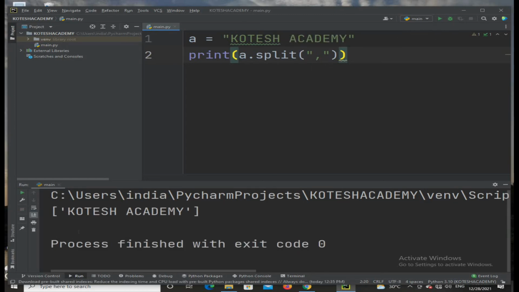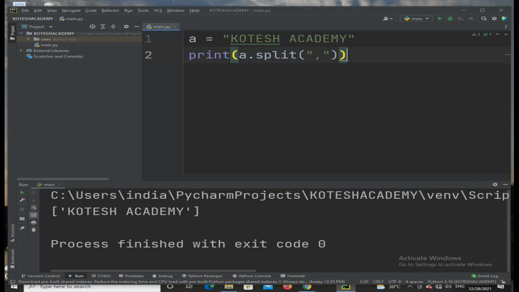After execution of that, you will get two words like that. There are two types of words you have. So this is the procedure for splitting the data.